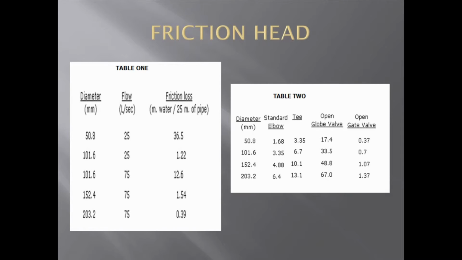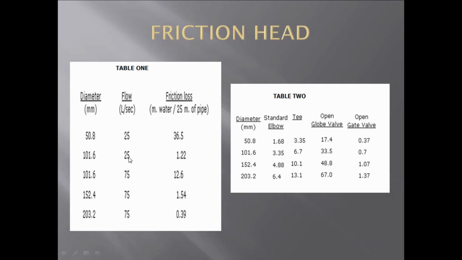Dividing our total equivalent pipe length by 25 and multiplying it by the value for our friction head loss per 25 meters of pipe length will give us the total friction head for our system. For example, if our total equivalent pipe length was 100 meters, for a 101.6 millimeter diameter pipe with a flow